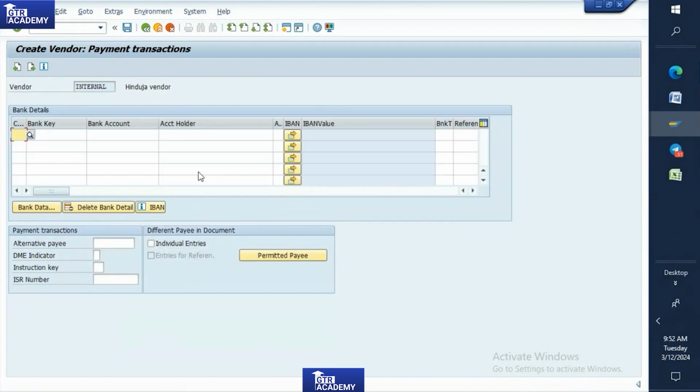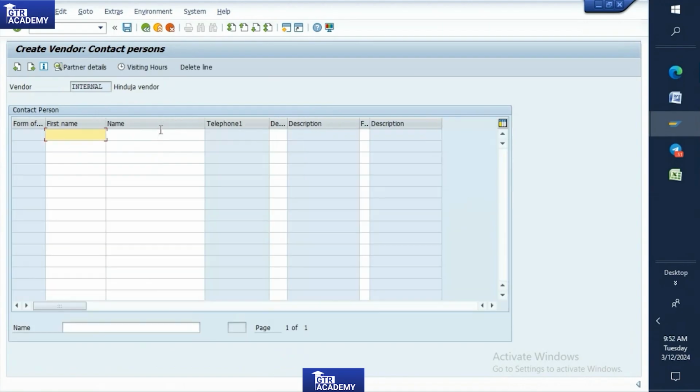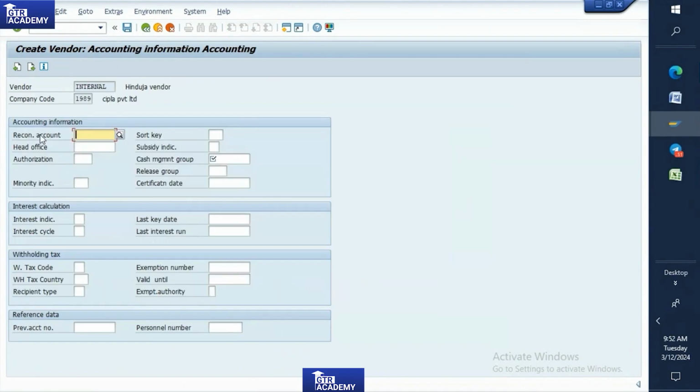In the payment transaction, this and all, it's completely real time. If they have given all the details like the bank account, bank fee, they will mention them in the BPA document. You have to mention them, okay, or else no need to worry. And then in contact person also, in the reconciliation account, you have to maintain